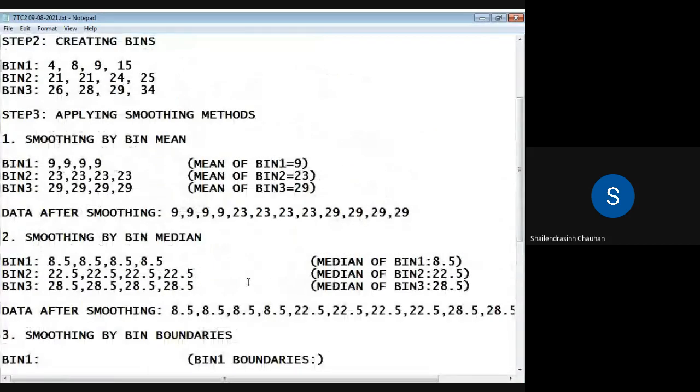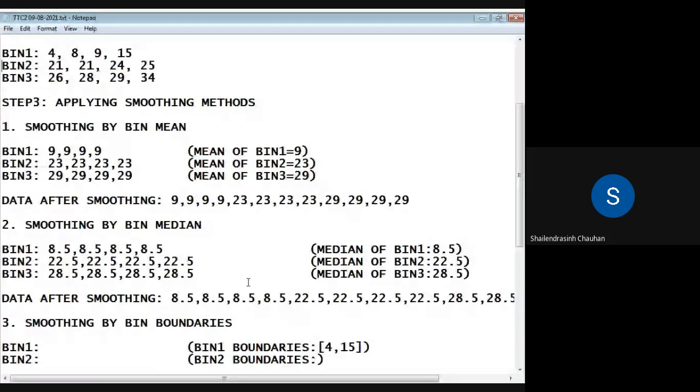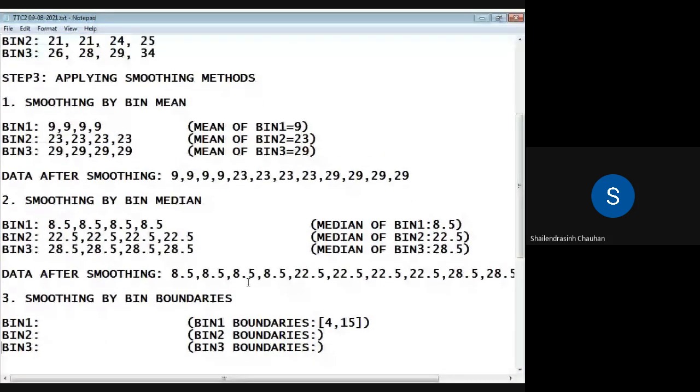So here we have 4, 15 as boundary values for bin 1. And for bin 2 we have 21, 25, and for bin 3 we have 26, 34.